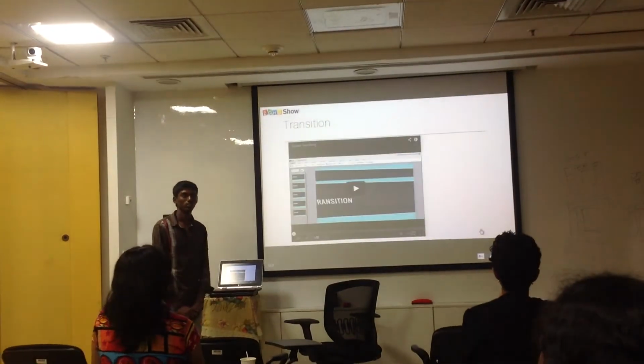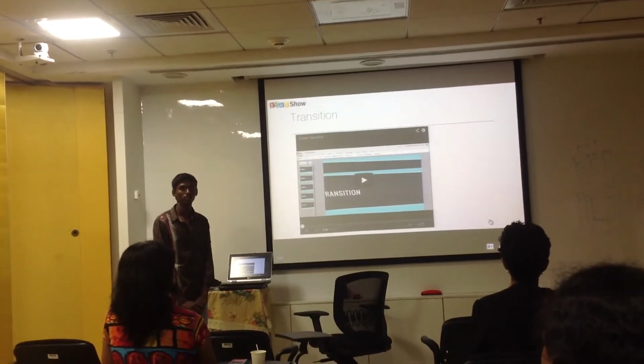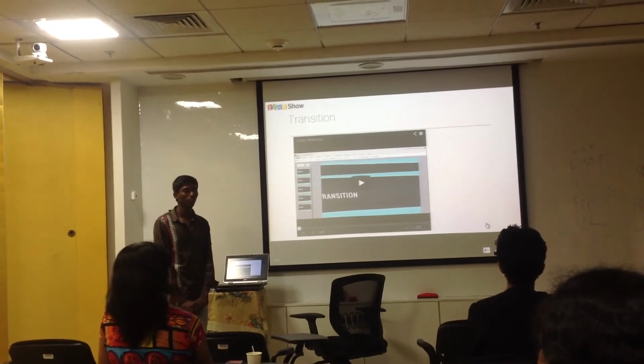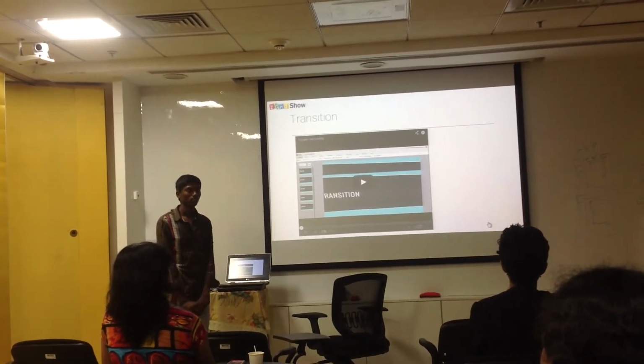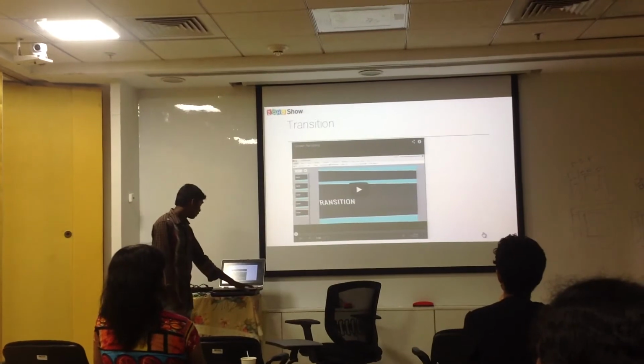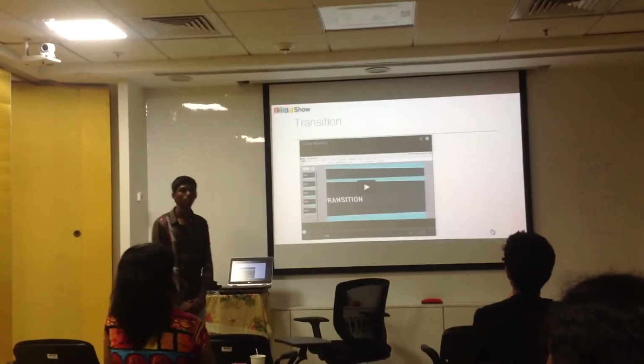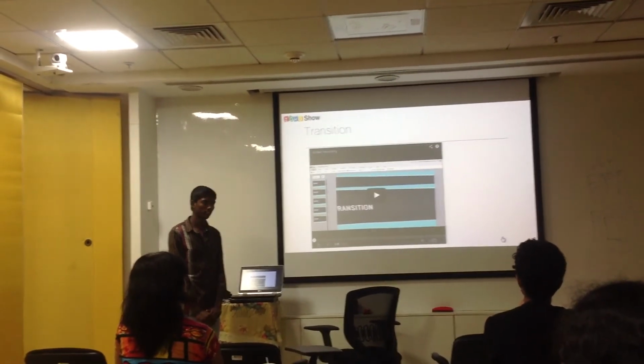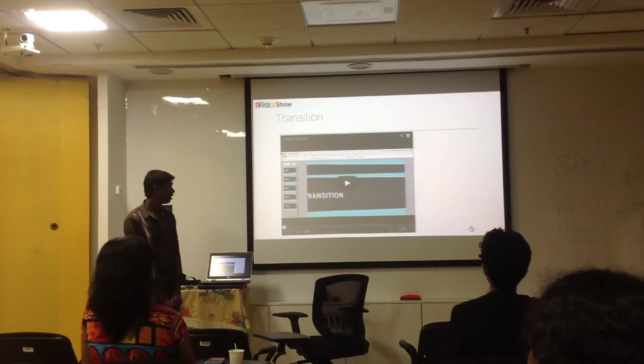You can see where transition is used. Transition is only used for slides. You can't apply the transition in shapes or text.